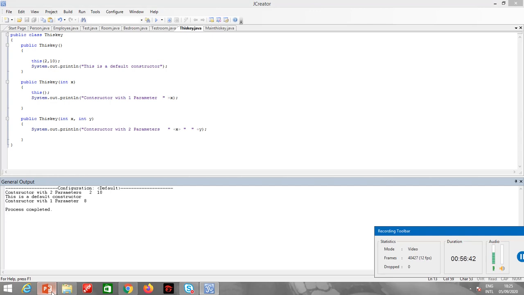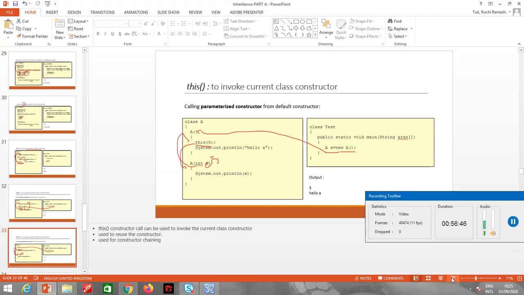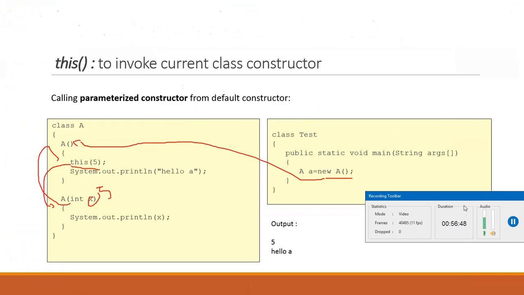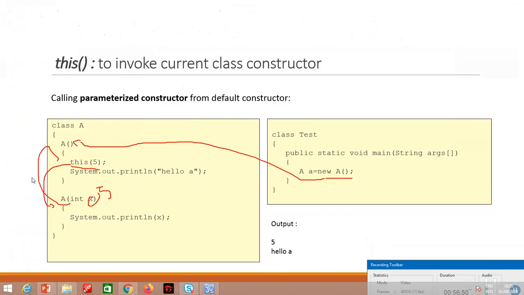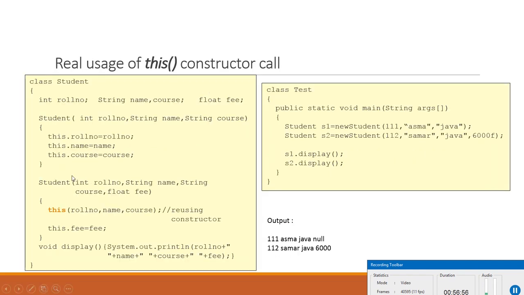Okay, so going back to the slides again. This is what I explained to you, that it will depend upon what type of object you have made, if a class is having more than one constructor. All right. Now what is done over here? Same thing. If you see over here, the same thing is done.